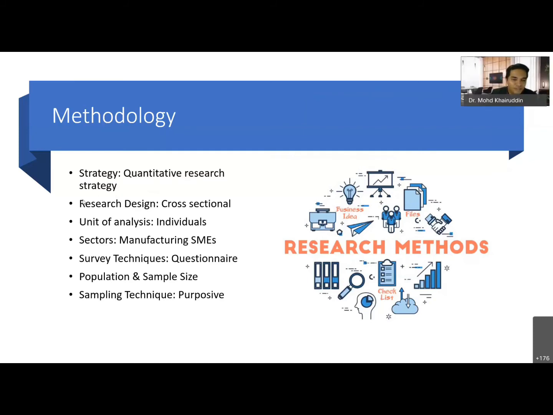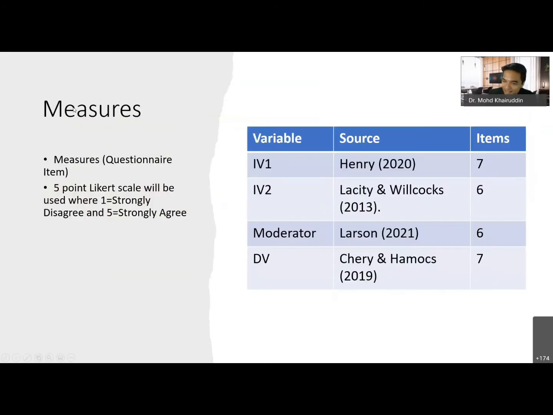Okay, all right. So for the unit of analysis, for example, if you put the individuals as your respondent and so on, you can state here individuals. But if the respondent is the owner of one company, organization, and so on, you have to explain this one as well. But as you can see here, I put a very simple point just to show the thing that you want to focus on in your research methodology, and the rest is your explanation on this one. You don't have to put it. We move into the measures.